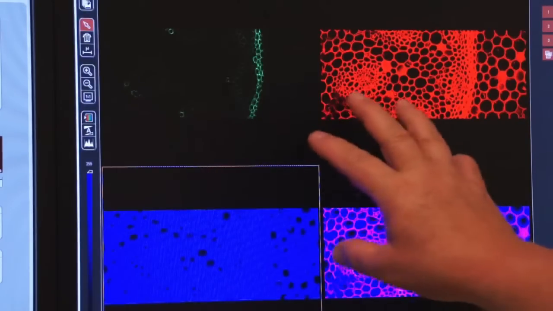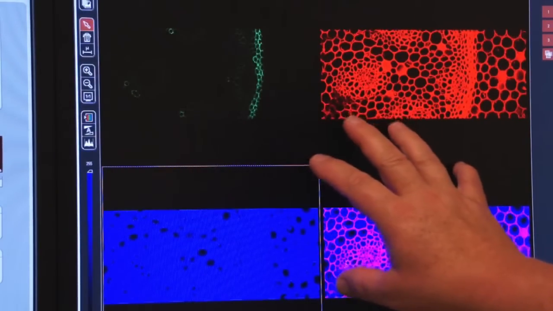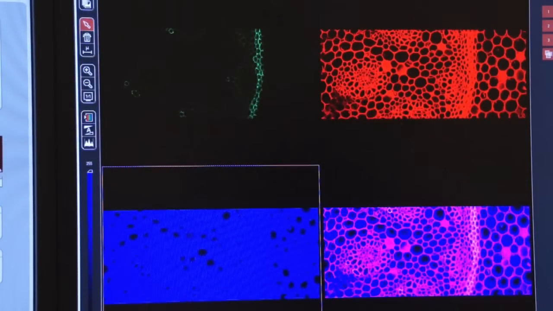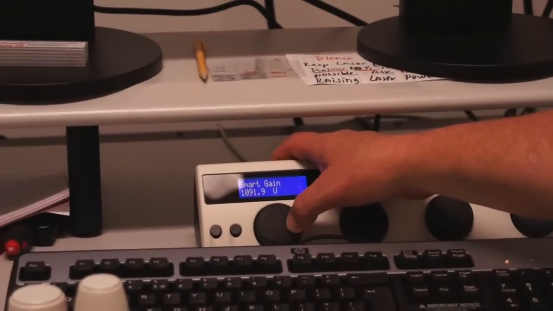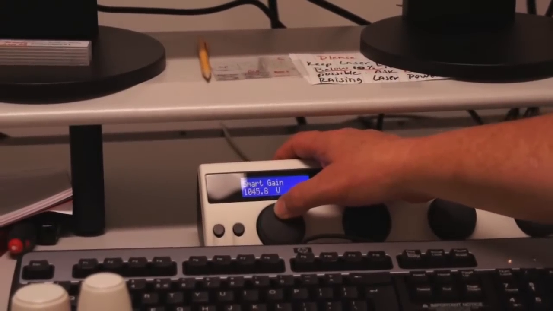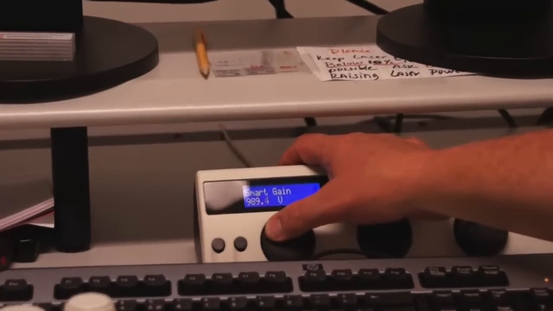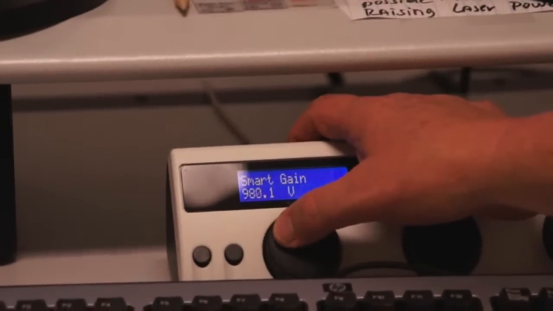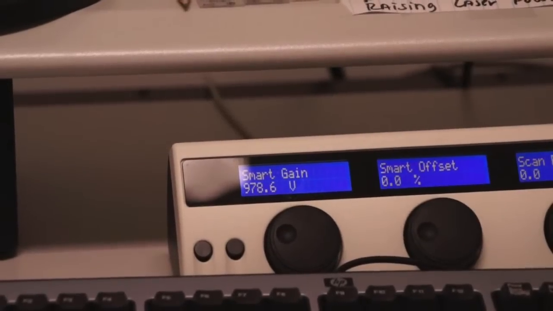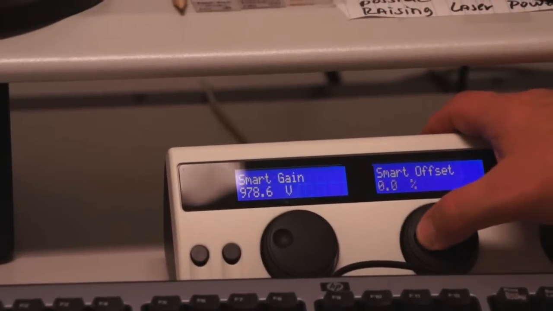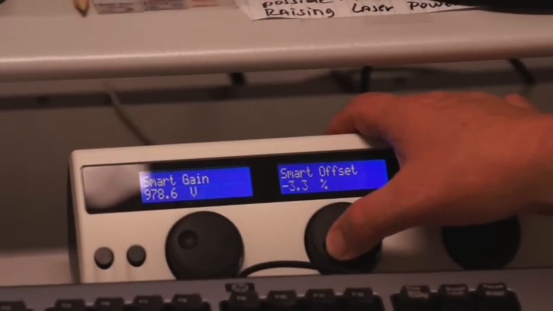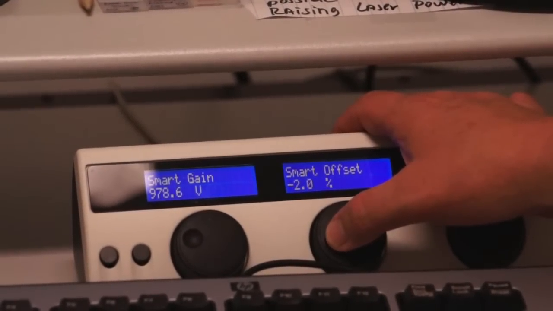Again, we want to set our smart gain and offset for each of these windows. So we'll click on the first one. If you double click, only that one comes up. And now we can increase our smart gain. Again, we want to be around 900, maybe 950, certainly below 1,000. So we're at 978 on our smart gain. Let's check our offset. Our offset should be minus about 0.3,